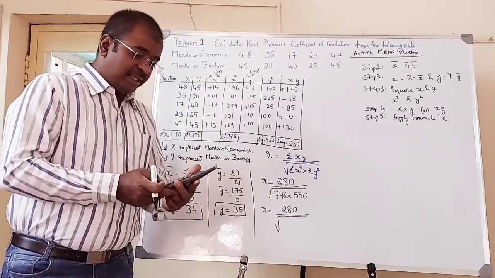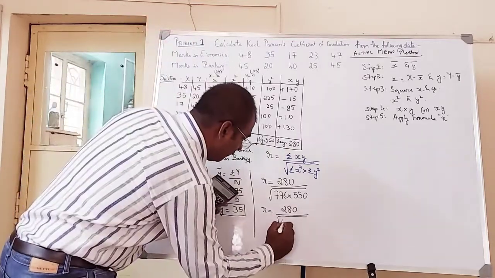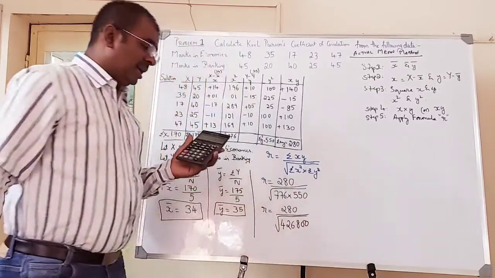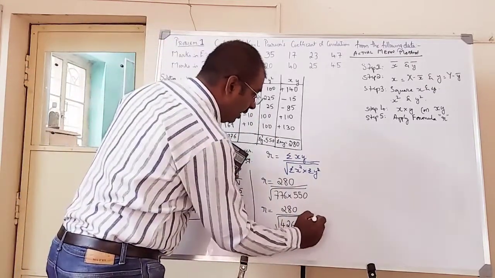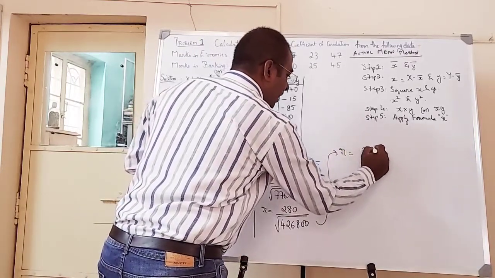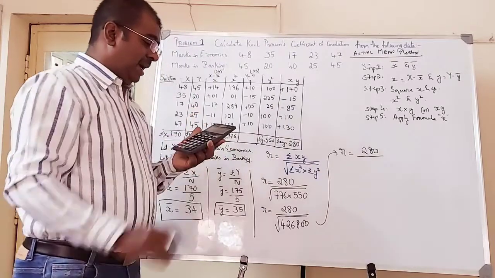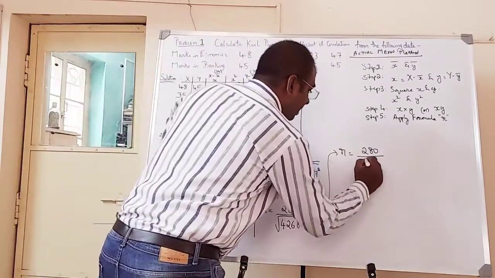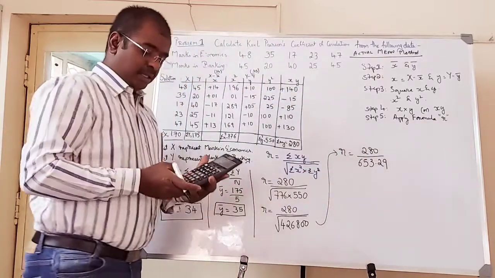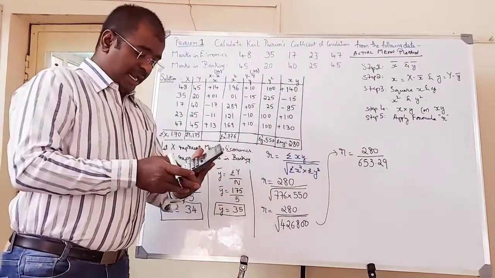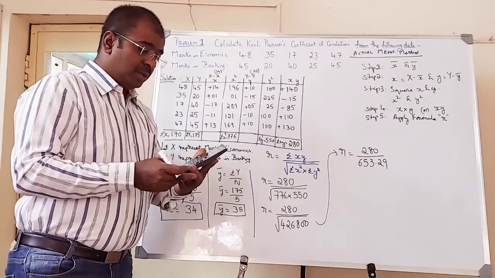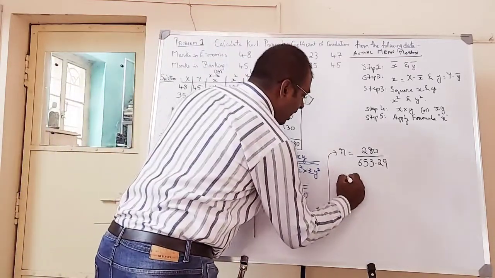So 776 into 550 is 426,800, and further R is equal to 280 divided by 653.29. So when we divide 280 by 653.29, we get the value of R as